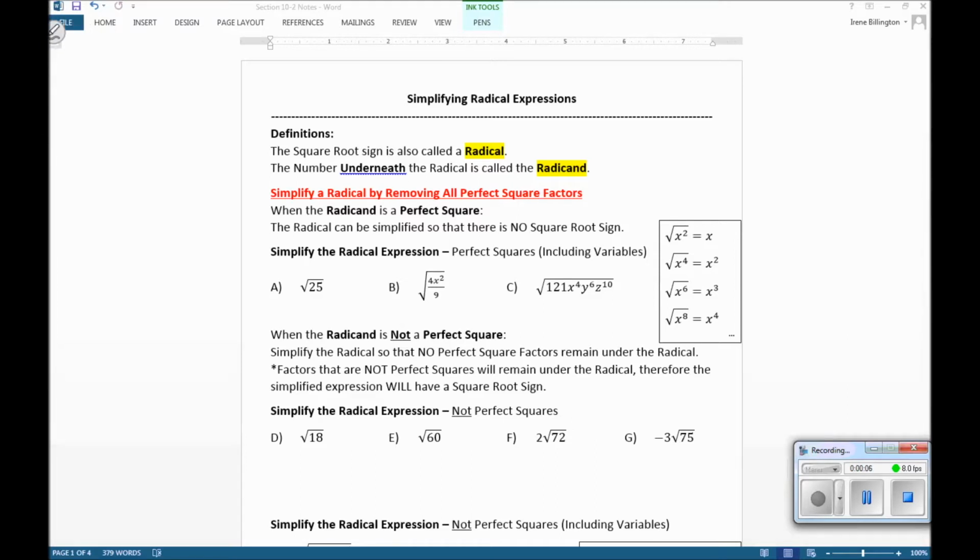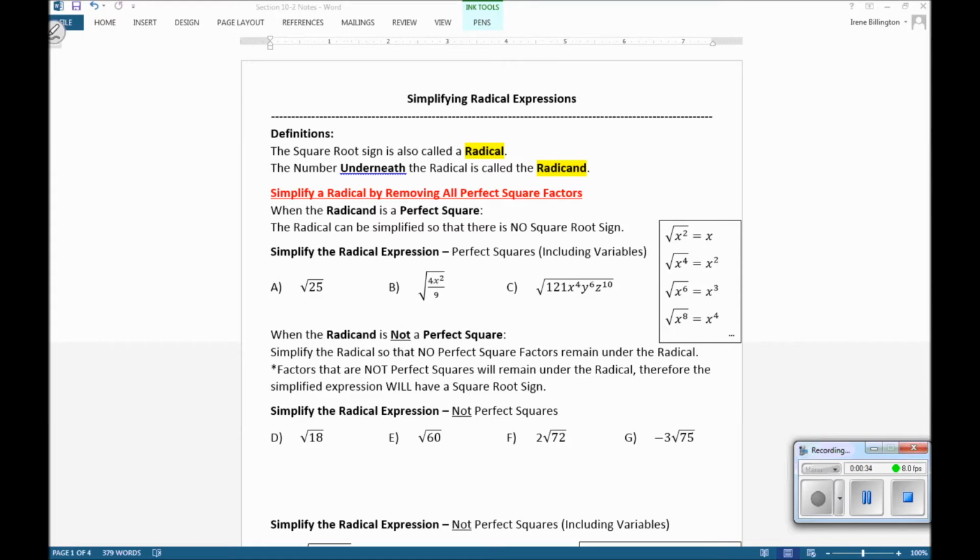We are going to learn how to simplify a radical expression. So what is a radical? A radical is also known as the square root sign. The number that is underneath the radical is called the radicand. To simplify a radical expression, what we are going to do is remove all perfect square factors from underneath the